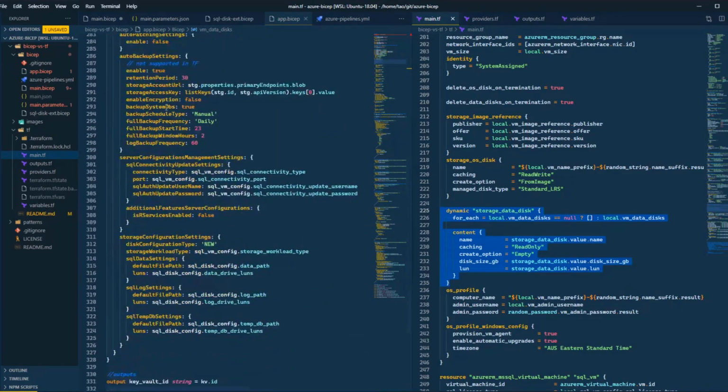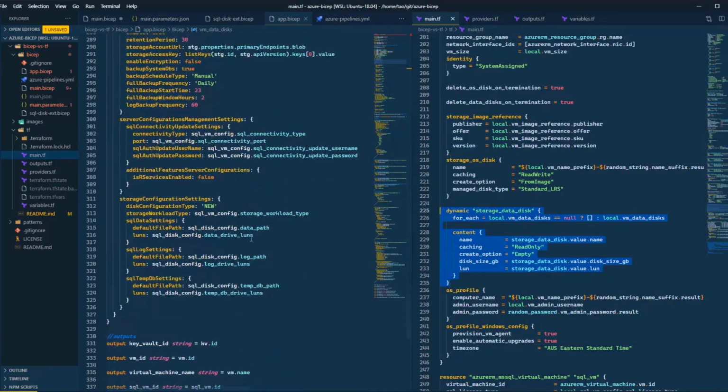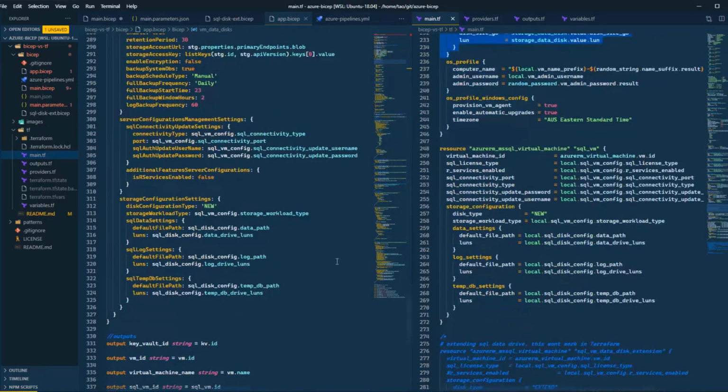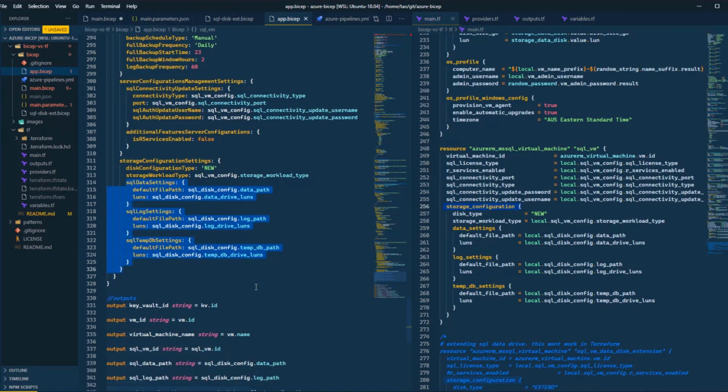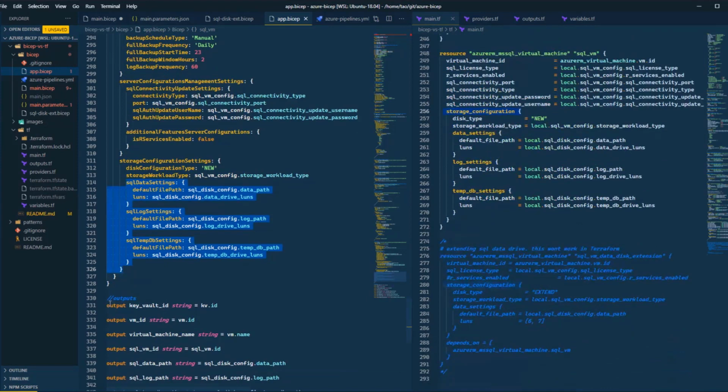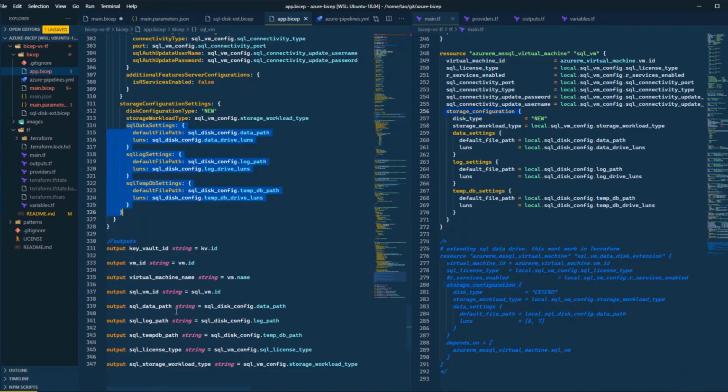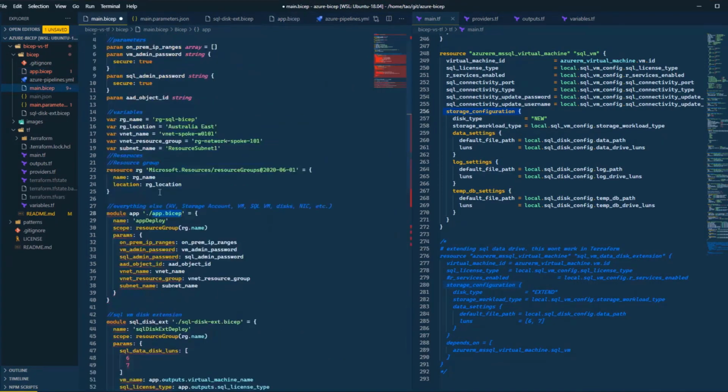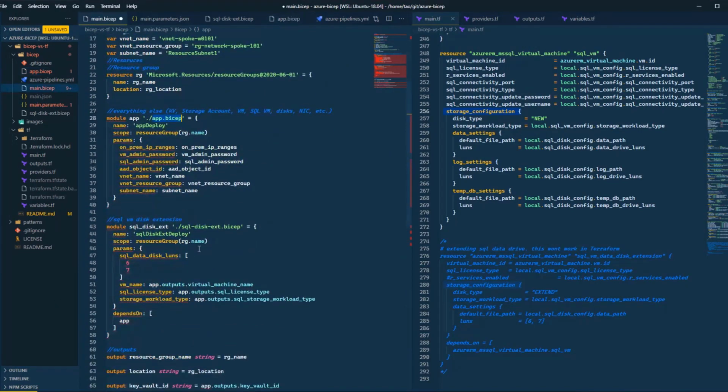The VM. So then I create Sql Vm, have the storage configurations, which is equivalent to here. Have this configured disk type as new, the data disk setting, log disk, and tempdb settings, and then I have the output for this particular module, right? And the output will be passed to the main Bicep file, and then I can use that for other